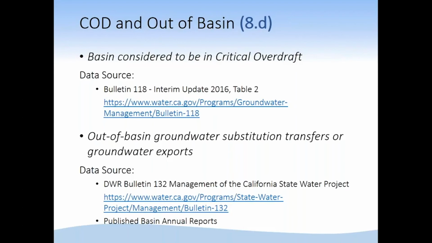Those basins were then flagged in basin prioritization for critically overdrafted. And then for the out-of-basin groundwater substitution transfers or groundwater exports, we relied on DWR Bulletin 132, which is the management of the California State Water Project, where they track the arranged or coordinated